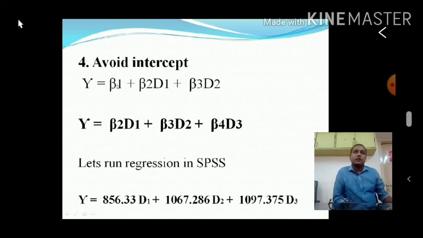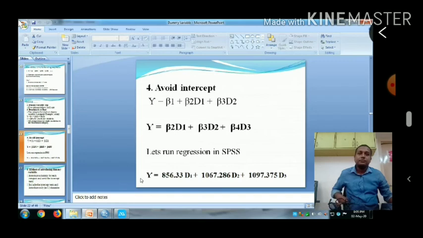So you have 2 options. Either you take m minus 1 as a rule and go with 2 categories and have an intercept. Otherwise, there should not be an intercept, but you can take 3 categories. But if both the intercept as well as all the categories are there, it's very difficult to run. You will not get the result. So let us run this regression function without the intercept, and we'll see whether the answers are right or wrong.